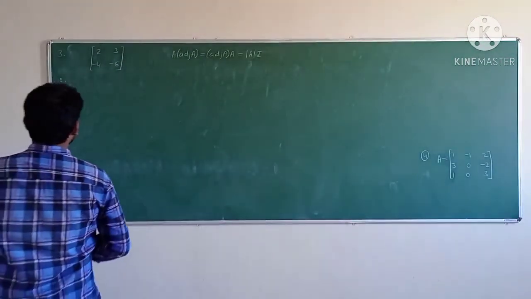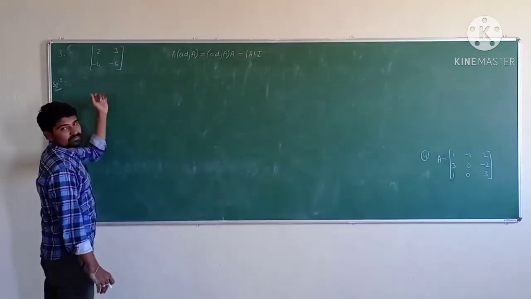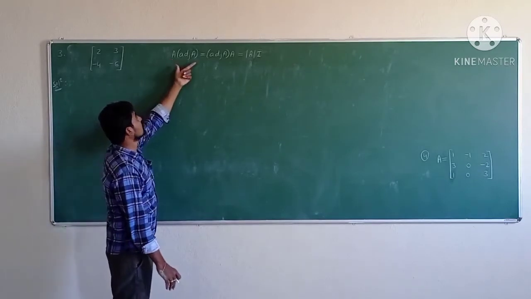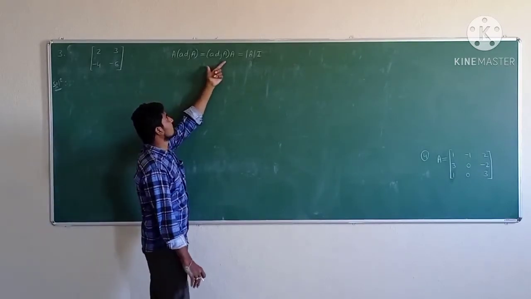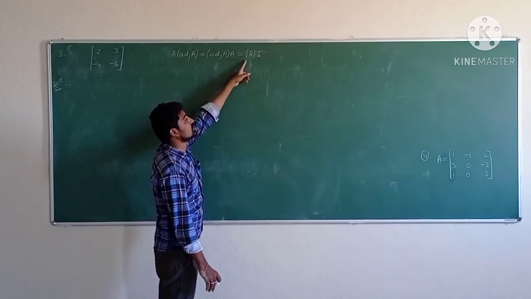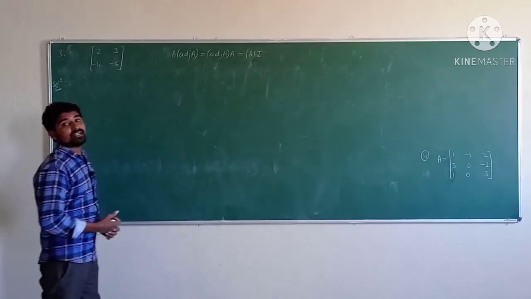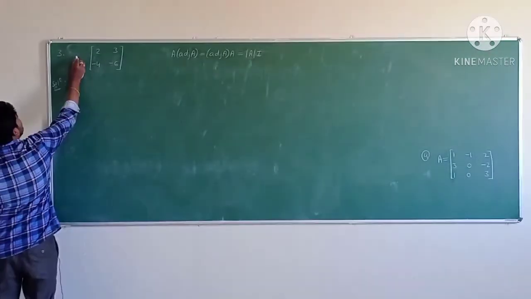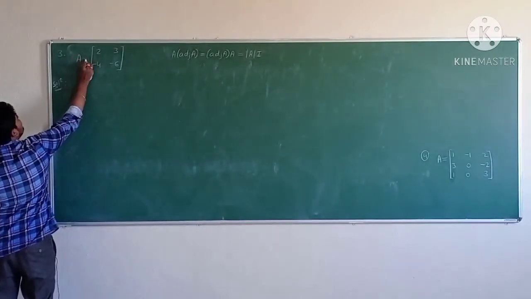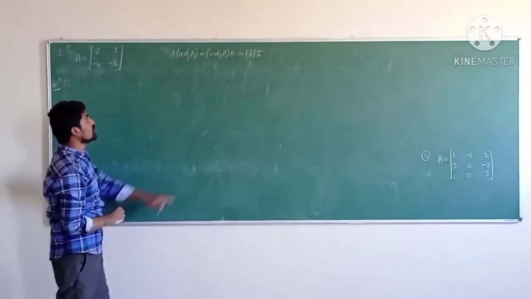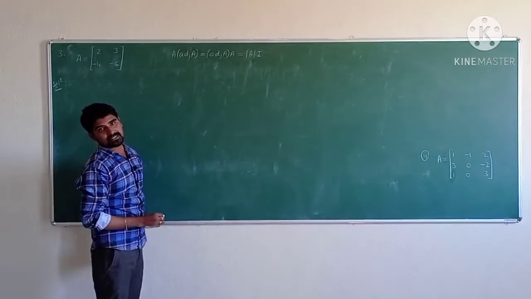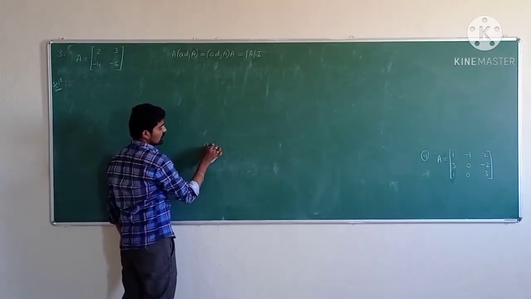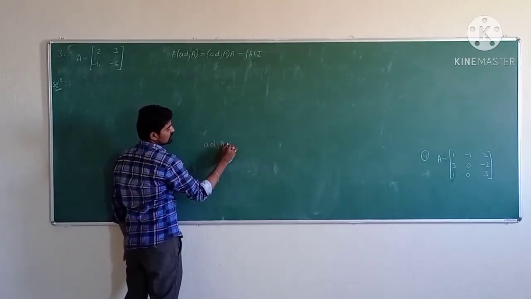Now the third question. For this given matrix, we need to verify that A into adjoint of A matrix is equal to adjoint of A matrix into A matrix is equal to determinant of A into I. So for that, let the given matrix be defined by A. First we need to find the adjoint of the matrix, and we know that adjoint of matrix A is equal to